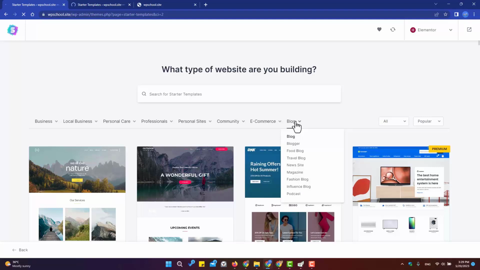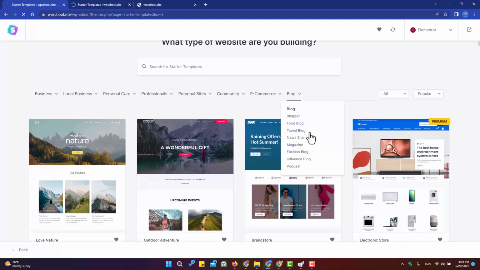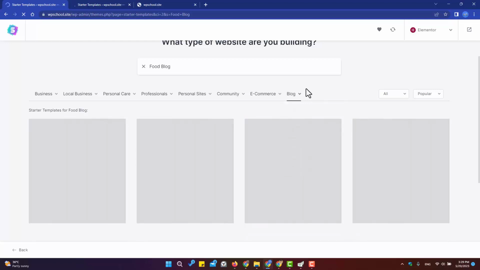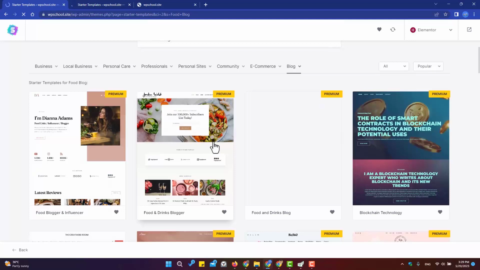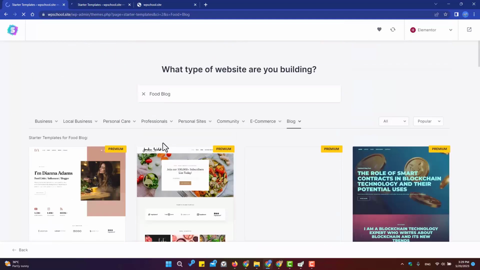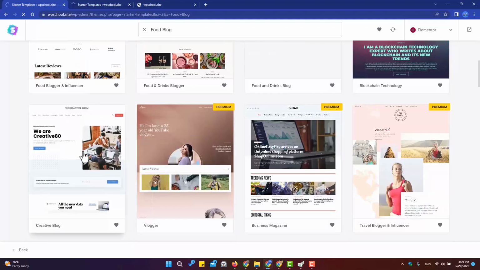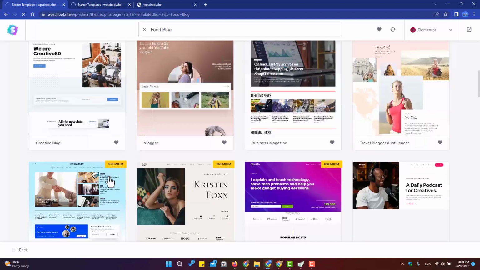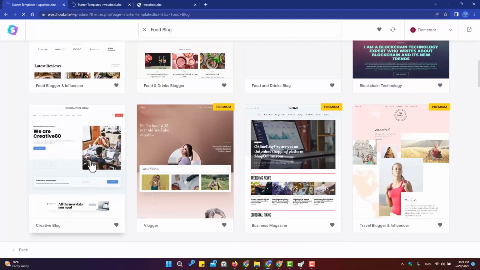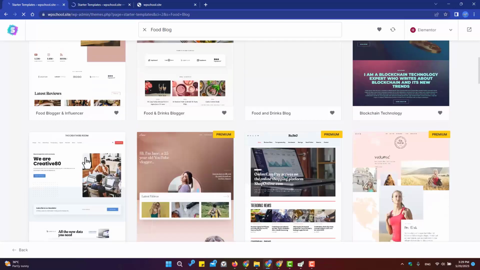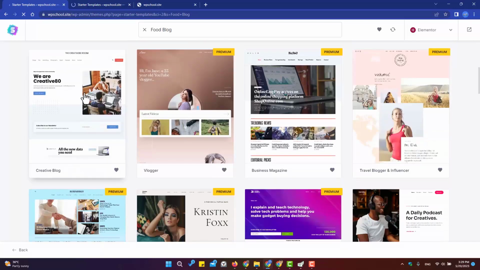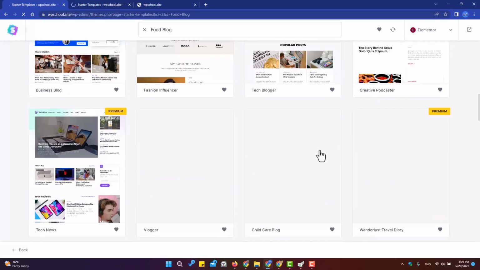I can go to the blog section and I can choose the type of website I want to make. For example, I want to make a food blog. I choose food blog, and the templates will appear here. Now these templates are premium, and there are even free templates here. If you didn't purchase the premium templates of Astra, then you can choose a free one from here, like this, and